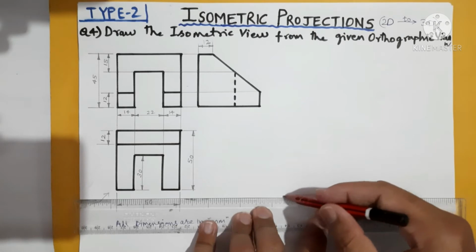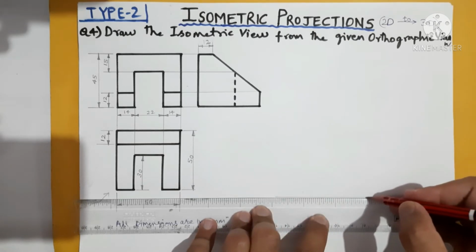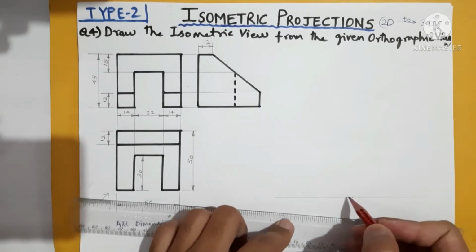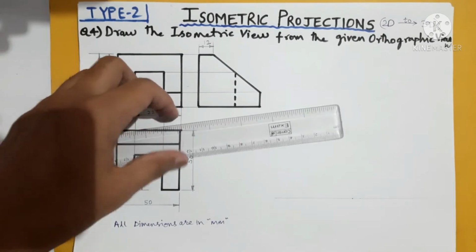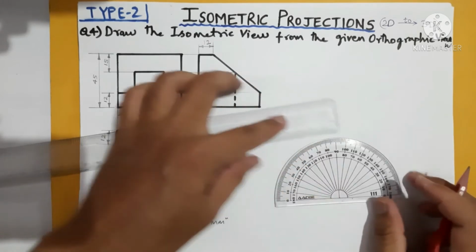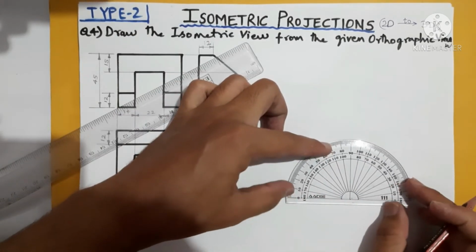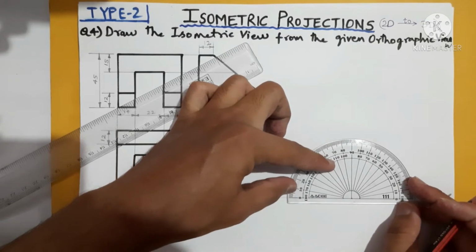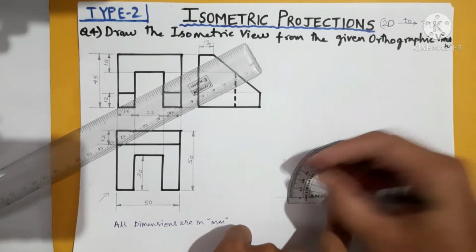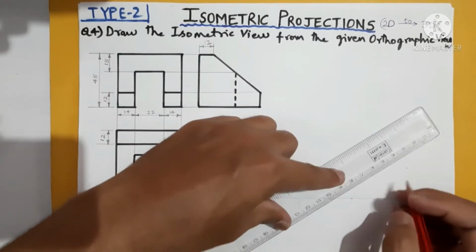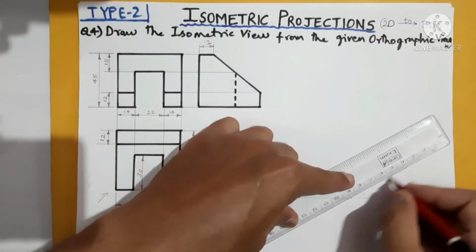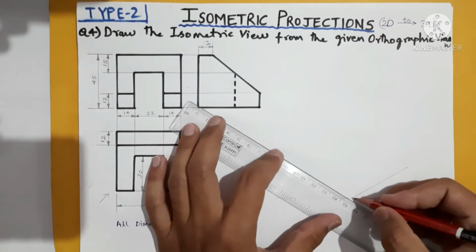Space you need to see before only. After starting of the problem we can't do anything. So assume somewhere here we will have our reference point. So from this point, this side 50, this side 50 at 30 degrees each. Protractor I have kept, this is 30 degree and from here this is 30 degree each. Then 50 mm long line this side. Just count 1, 2, 3, 4, 5 and here also 50 mm long line.